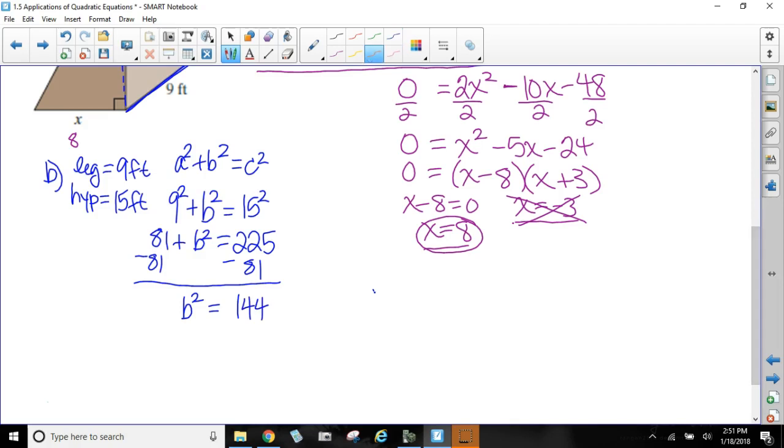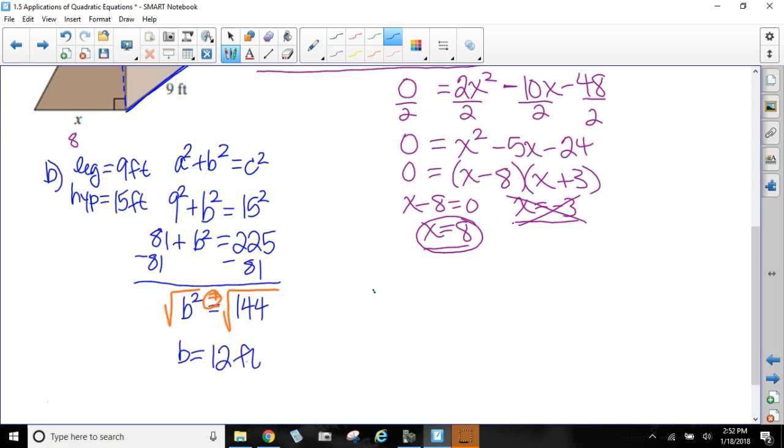Now, when I use my square root property to solve for b, once you write the square root property for b, you normally don't want to forget your plus or minus symbol, true? But here we're talking about the length of a leg. That's why I'm going to choose the positive to say that b is positive square root of 144, which is